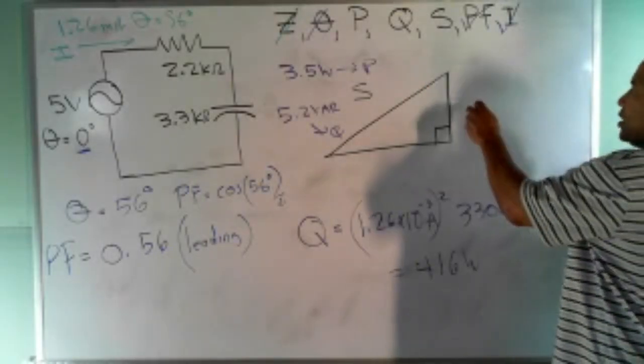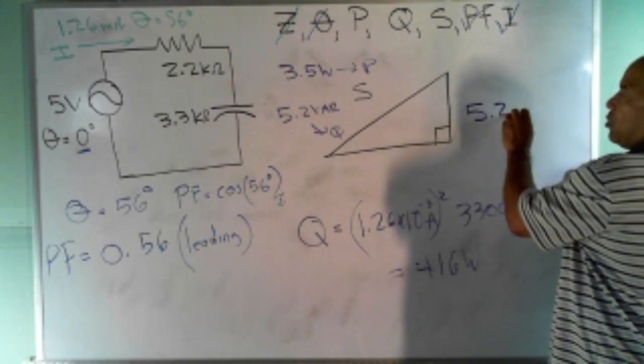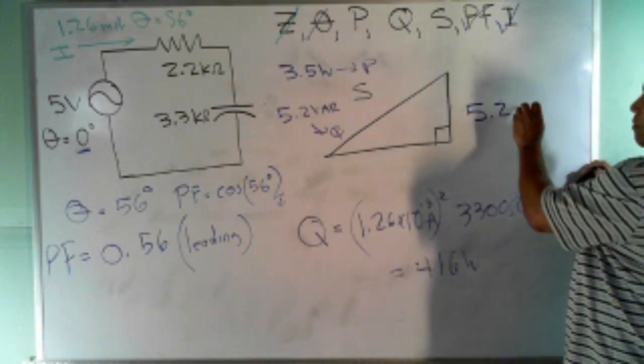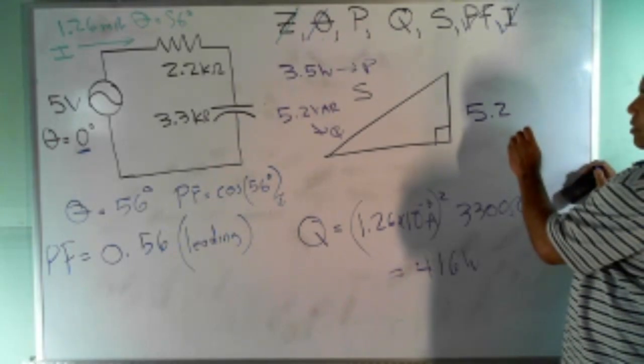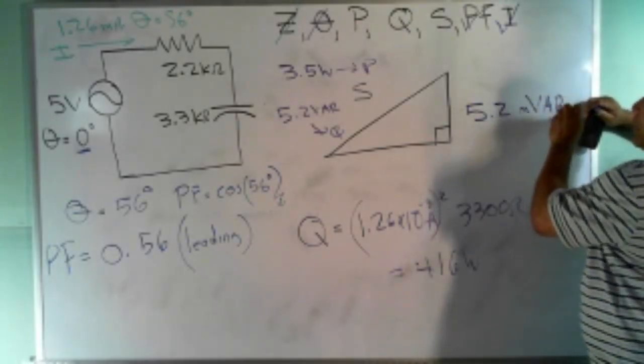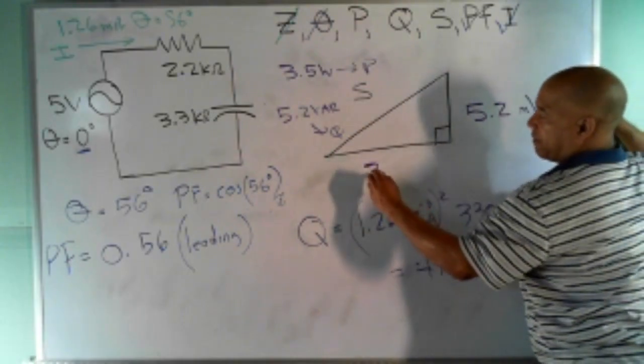So we're saying that this is 5.2, and this would be in milli, right? Yeah, milliwatts. Yeah, he's right. My bad. I didn't see the square. Okay, so this is milli VAR, and then this would be 3.5